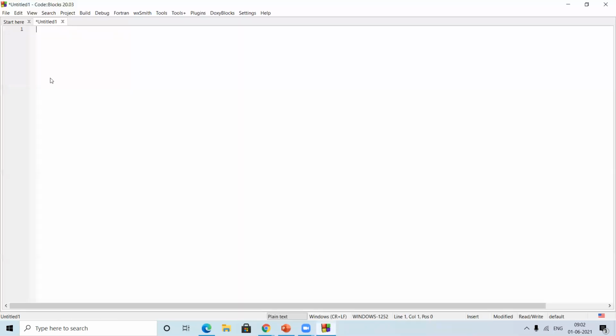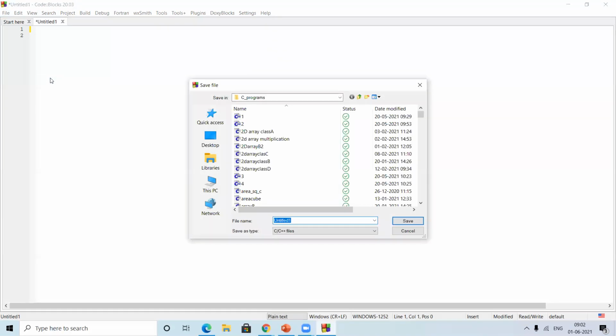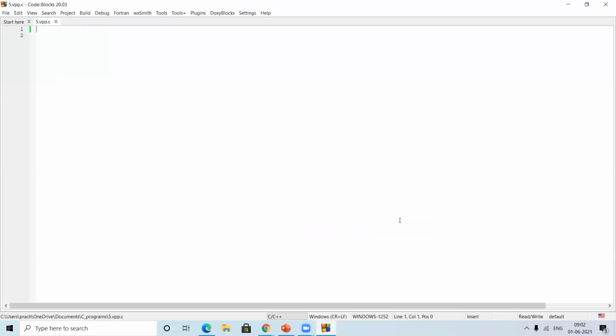Now, I have a Code::Blocks file. You have to save that file with .cpp. Give any name. Till last lecture it was 1, 2, 3 that I have given, so I'll just give 5.cpp so that it will be in continuation. I can send you that afterwards. So this is going to be the increment and decrement operator.